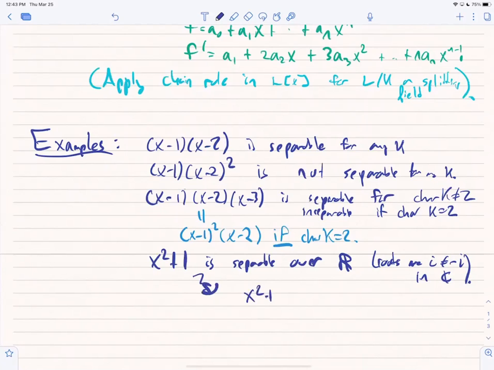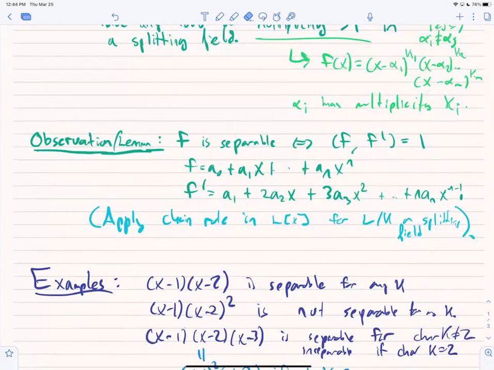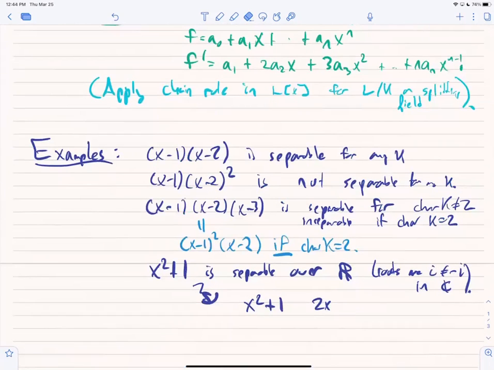So I have x squared plus 1, and 2x is the derivative. These are coprime. They don't have any common zeros over the complex numbers, so they're going to be coprime. If you want to show they're coprime by showing the ideal they generate is 1, you can just write down literally a linear combination of these that gives you 1,